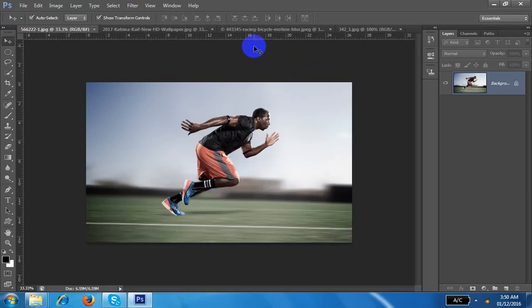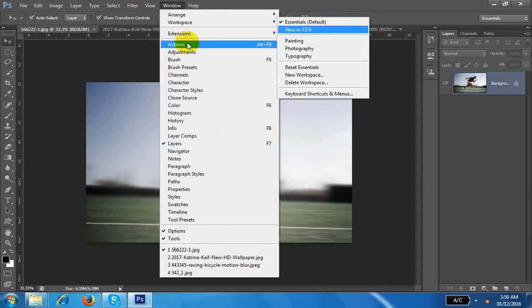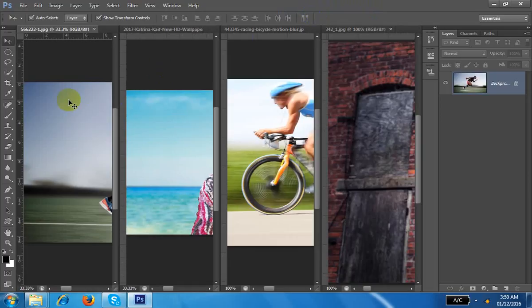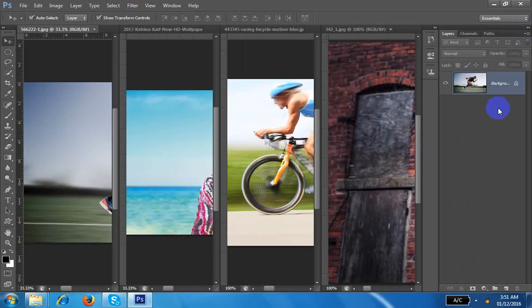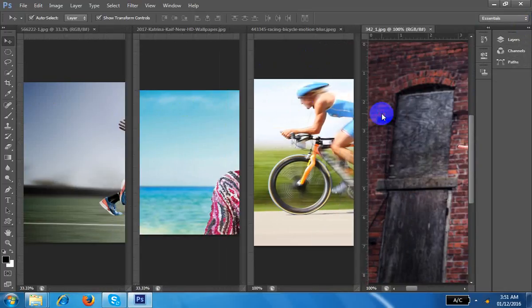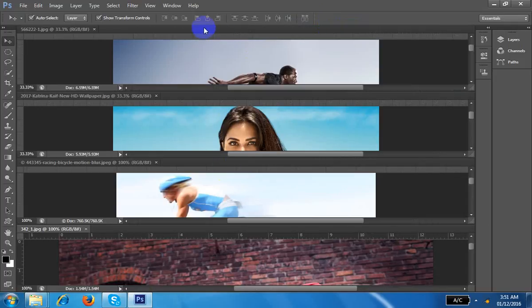So this is some images. What happened? If I want to see all these images, go to the workspace and arrange documents. This is the tile. I can arrange all the documents like this also. And I want to hide all these things. It can hide from here. This is the windows. I don't want to see this window right now. You can click the button for 1, 2, 3, 4 documents. Okay. This is the same arrangement of the documents. Windows, arrange. You understand, tile vertically. This is the tile horizontal.